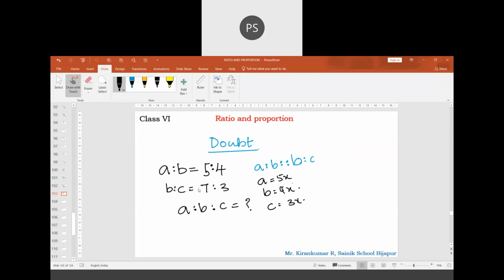B, if you consider it here, it will become 7x. Here it will become 4x, and C 3x, sir. So we have to multiply 4 into 7. Sir, A is to B, then B is to C, sir. This is the formula. Suppose if I consider x for this and some other letter